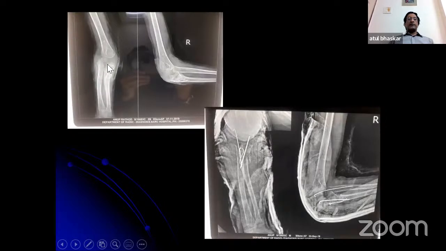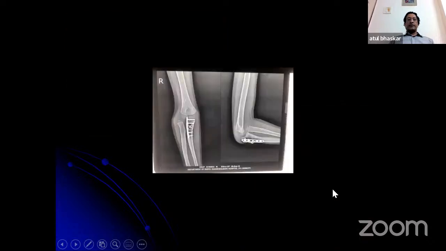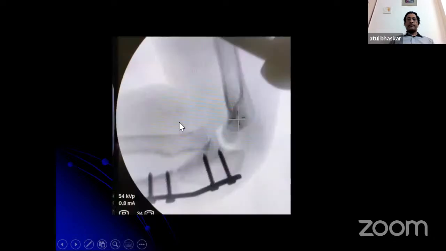This was the treatment which was done initially: somebody did an ulnar osteotomy and tried to realign the head back into position without opening the radiocapitellar joint, and they put a wire here to stabilize the joint. Then again that failed. Somebody attempted plating here on the medial side, which is quite unusual, a dorsomedial plate. And again the head was dislocated.